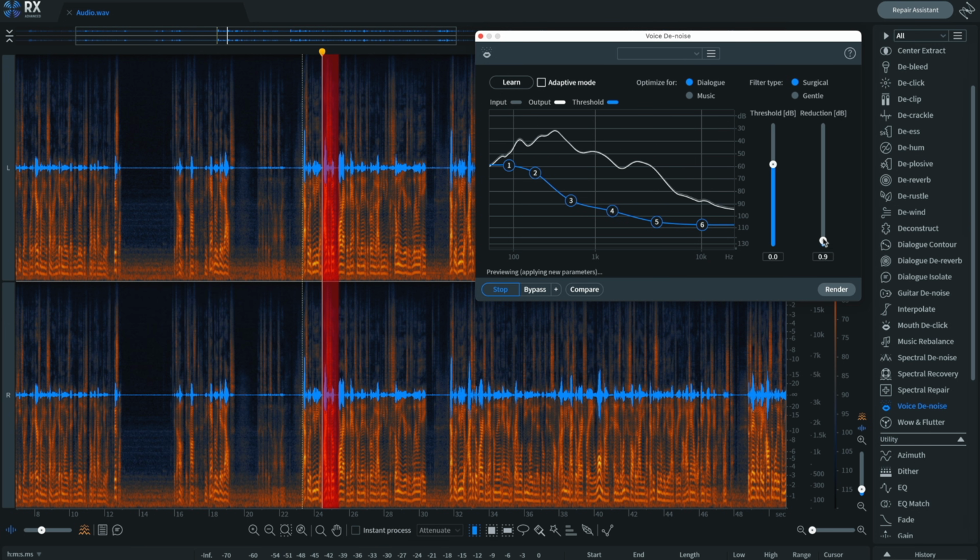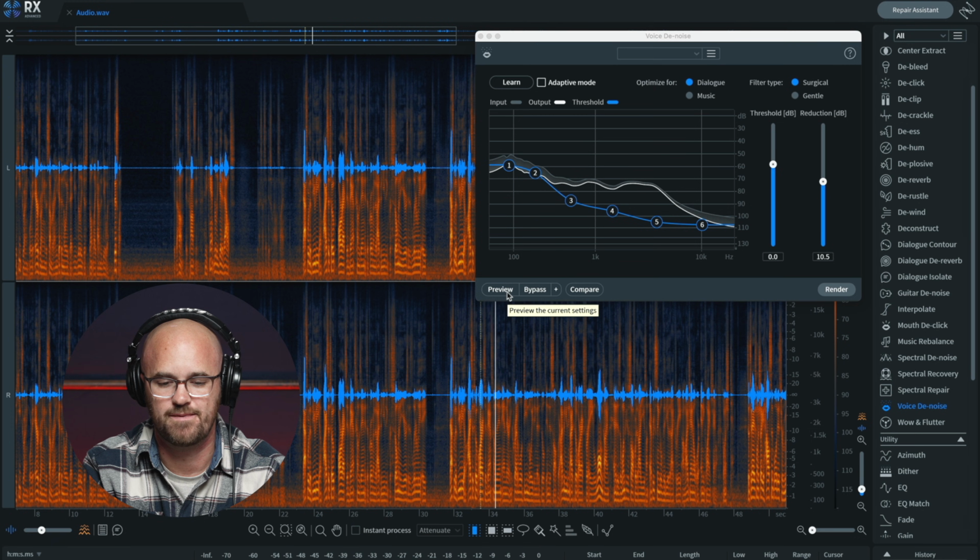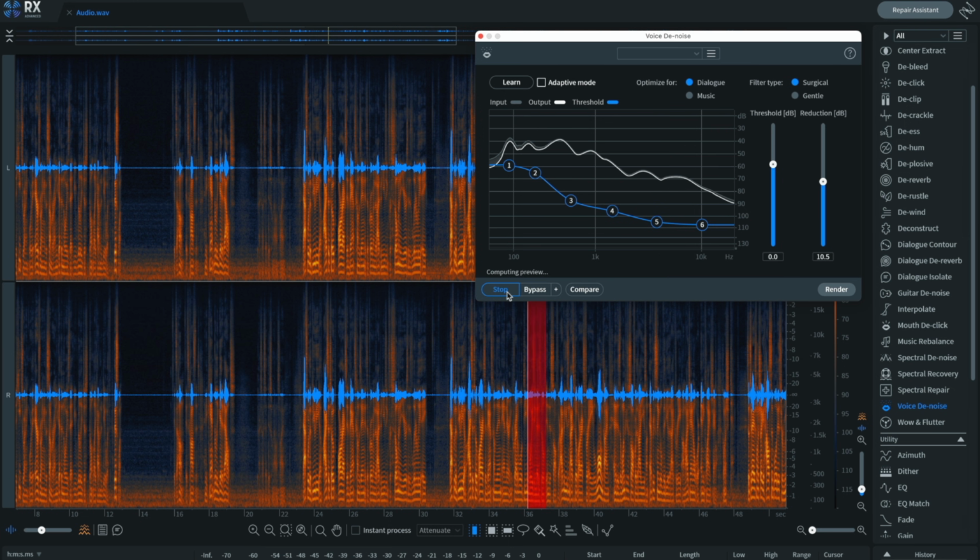That's where the beauty of iZotope RX Advanced comes in. It's a program that I've been using for so many years. You can see how it's just removing all of that sound through here. RX Advanced comes in. This is before. Incredible denoising that is built in this software. I've been using iZotope RX.